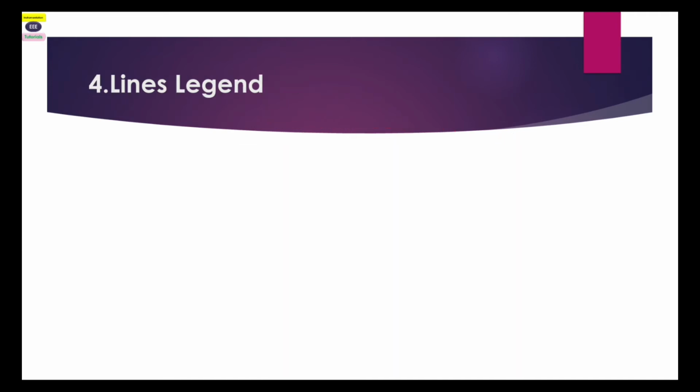Now the second point is line legend. What is the line legend? Line legend is simply what types of line are connected in a P&ID. So simply see, if a line is given in this form, okay, then